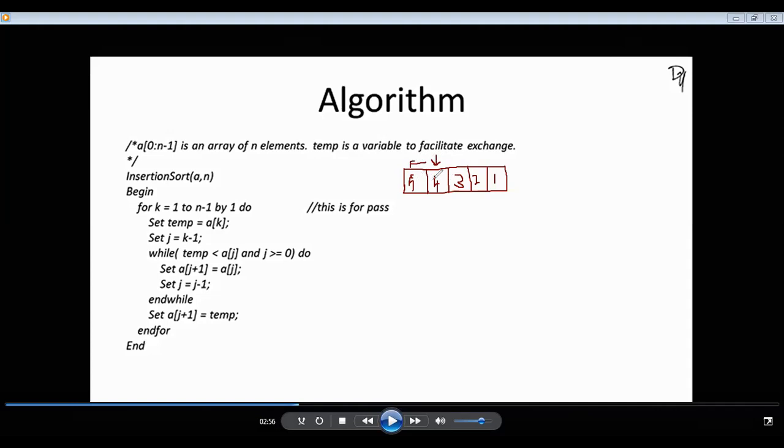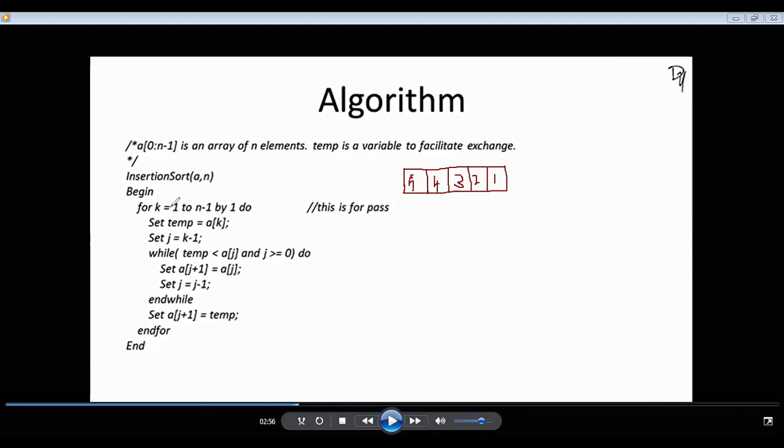And these two elements will be sorted. Later, increment to here. And I will check with this element and this element. So all these three will be sorted. Then the current position will be here, and I have to check with this, this, and this, and finally these four elements will be sorted, and so on.